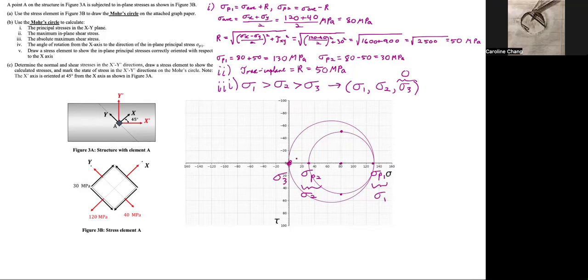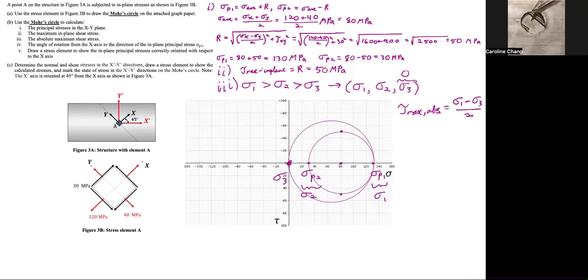So our absolute maximum shear stress, tau max absolute, is always going to be equal to the maximum stress minus the minimum stress